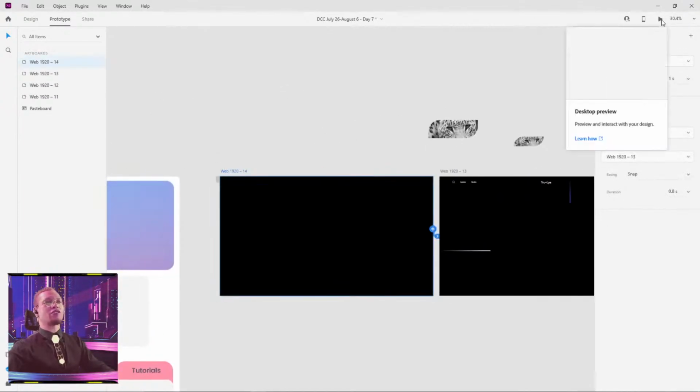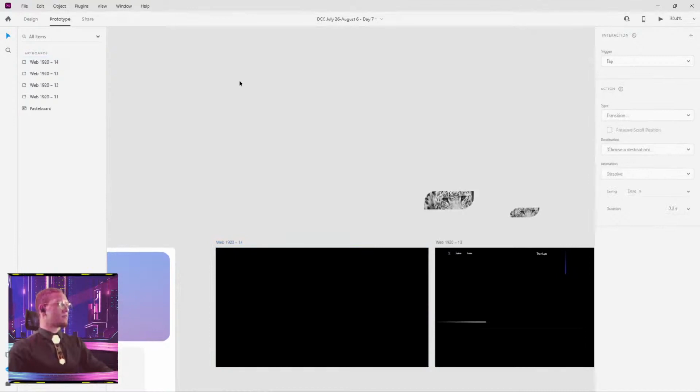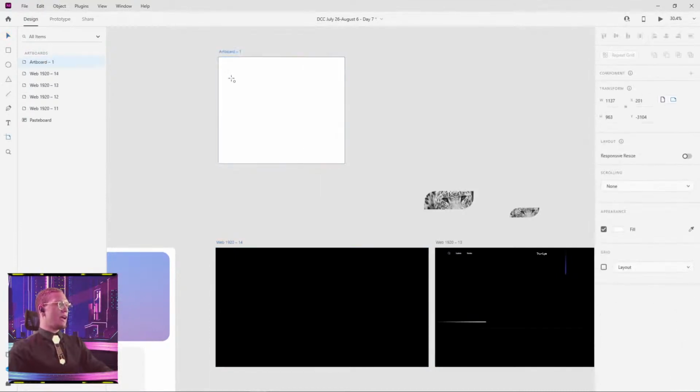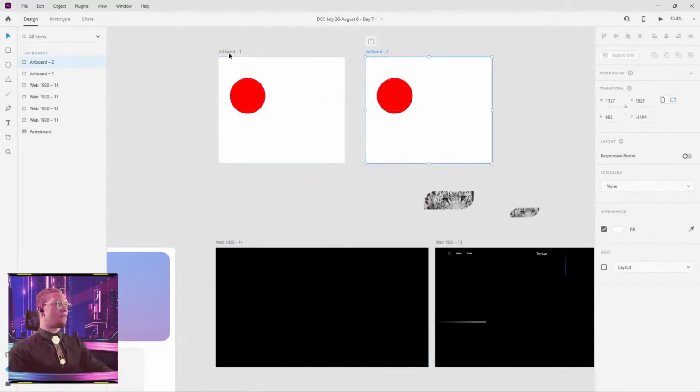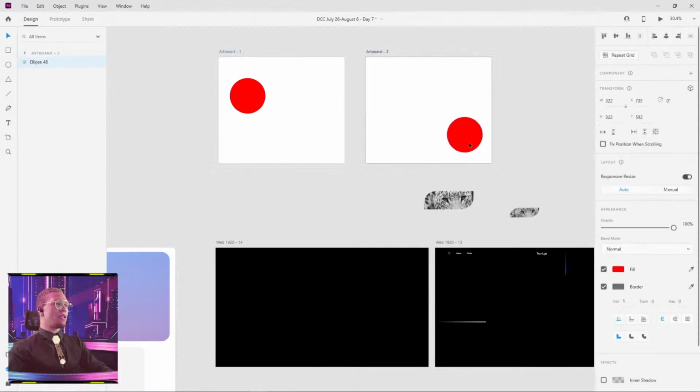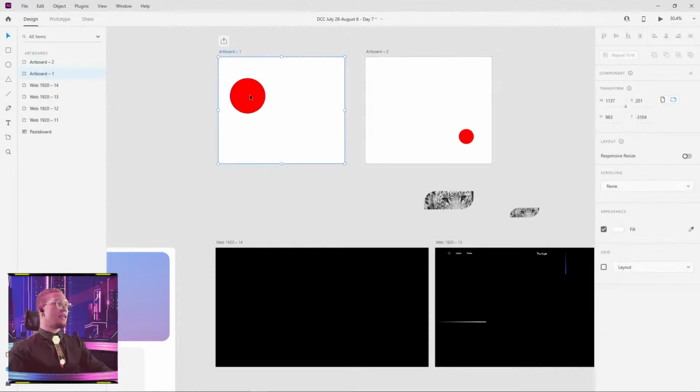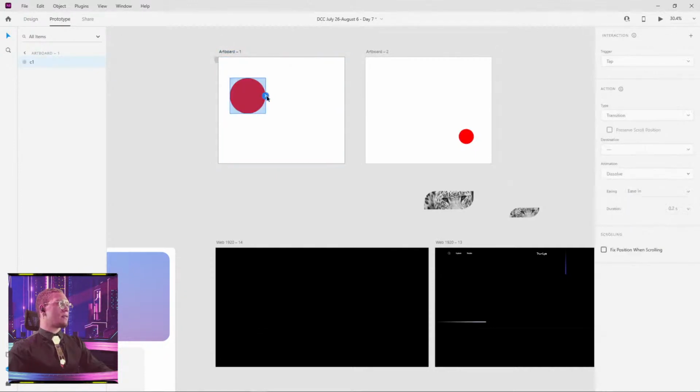Gareth and anybody else, make sure when you are animating stuff, especially when you're moving things, here's just a quick example. If I have a red circle, and I want it to animate from artboard 1 to artboard 2, and we want it to go to the bottom and shrink. But if the ellipse, let's just call it C1. If C1 is what you're trying to move, and over here it's not called C1, it's called ellipse 48, what you're gonna get is, so if we prototype this, boom, we move this,